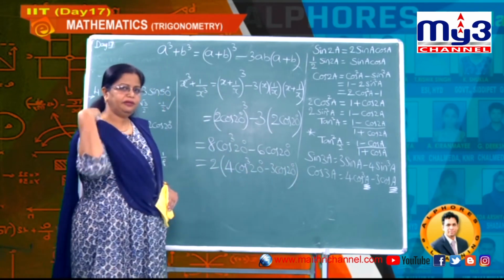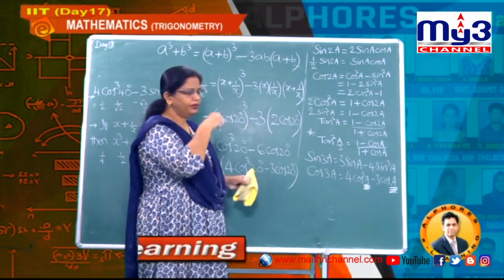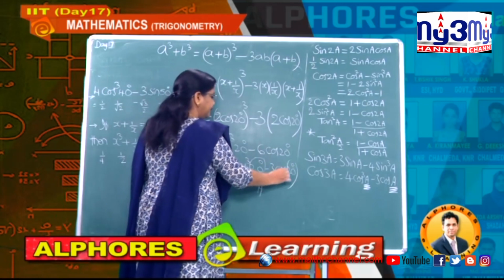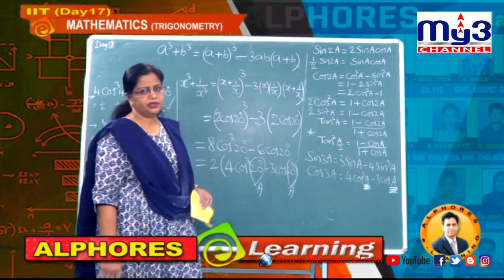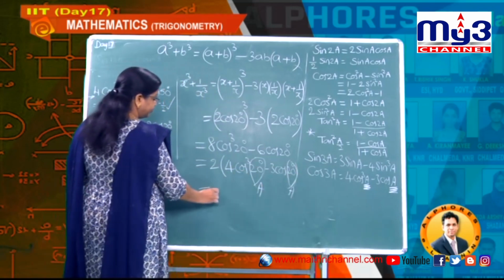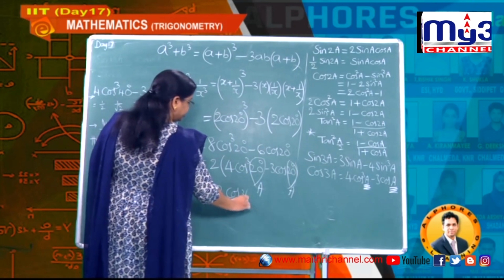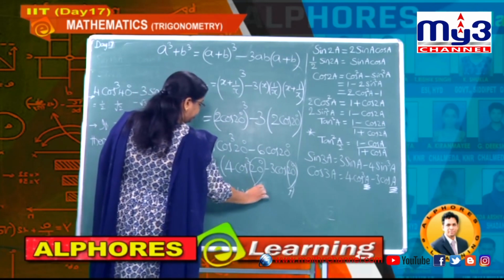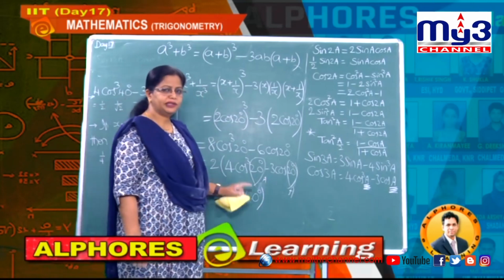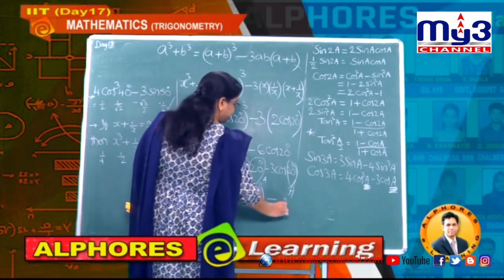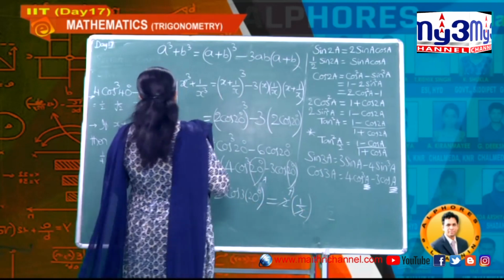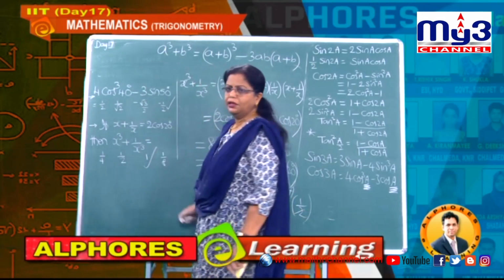So observe clearly what happened. Again you got the formula of cos 3a. Now this is your a value, and therefore you can substitute clearly the cos 3a value. How much did you get now? It is 2 times cos 3 into 20 degrees, and this is cos 60. So 2 into cos 60 is nothing but 2 into 1 by 2. So finally what is the answer? 1. Therefore, which is our right answer? This is our right answer.